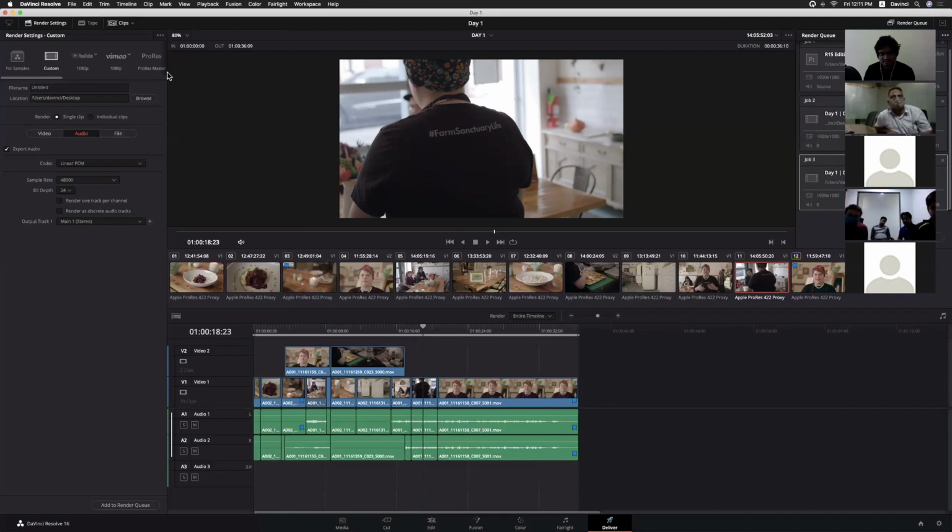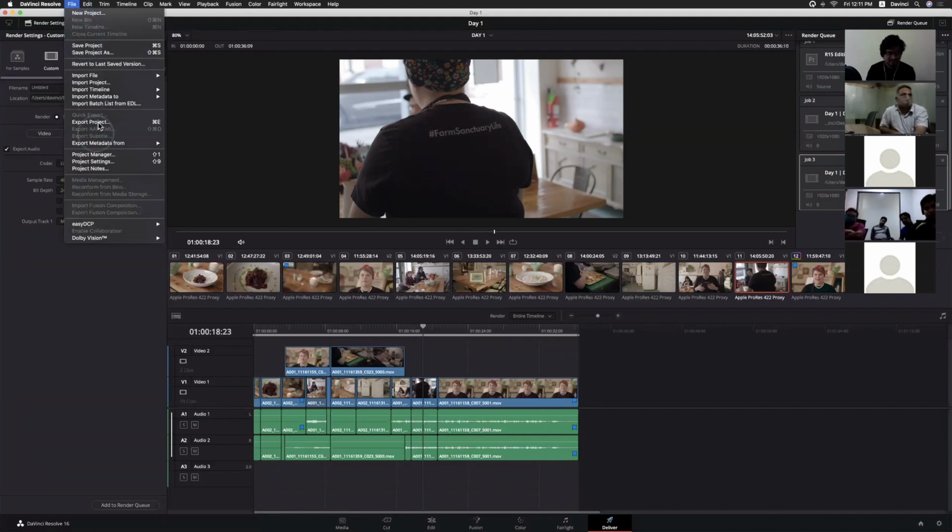We'll see. Exporting the project is the better way. Why? Because you can carry all the things, whatever the filters, cuts and everything. If you are exporting it to some other editing application, then you have tried this one, right? Instead of that, if you want to work only in DaVinci, always export it as a project.